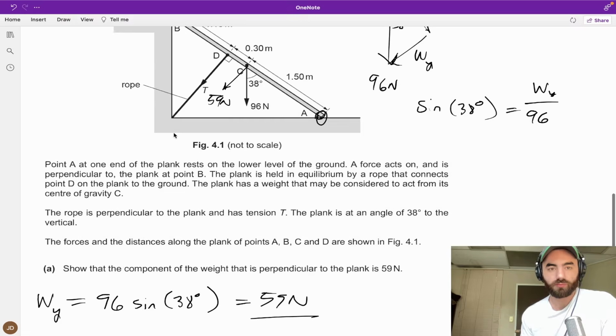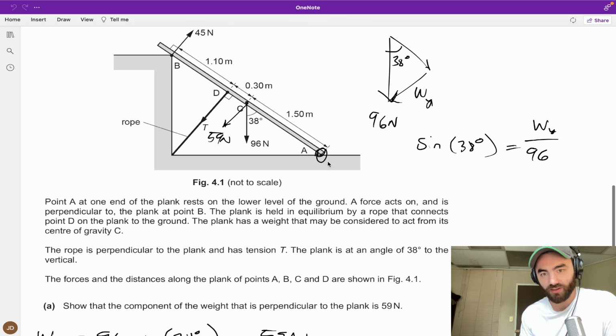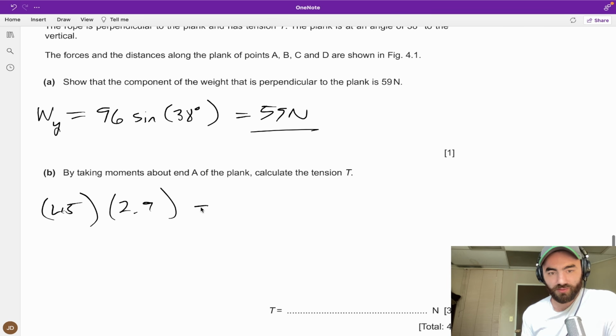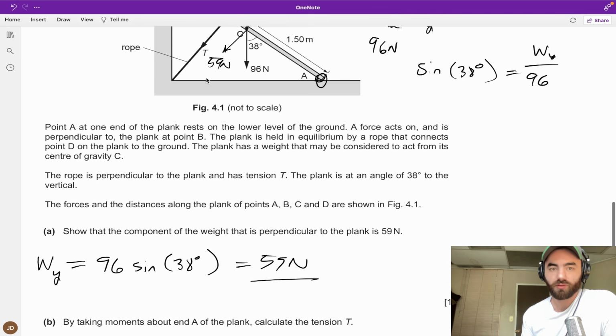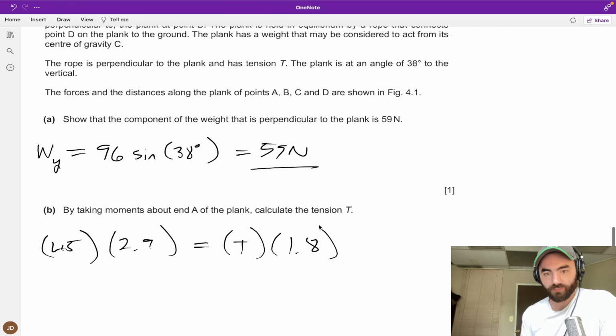So we get 45 newtons times this length here from A, which is 1.5 plus 1.1, so 2.9 meters is the length of the rod, and that is going to equal the moments acting in the opposite direction, in this case the anti-clockwise direction. So we have this tension times 1.5 plus 0.3, so T times 1.8, and then plus also